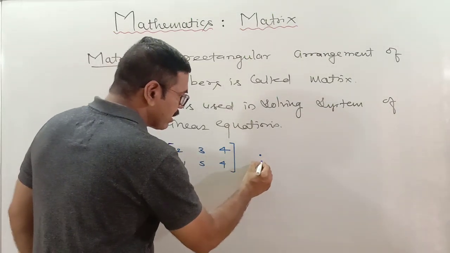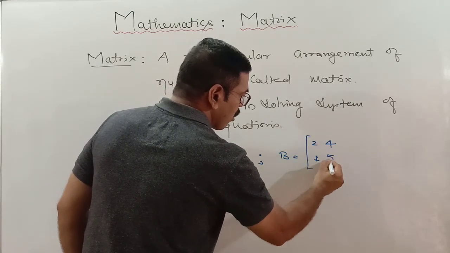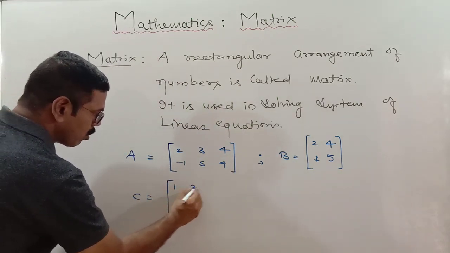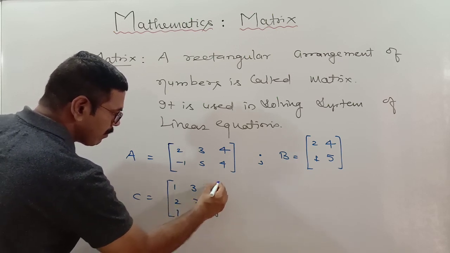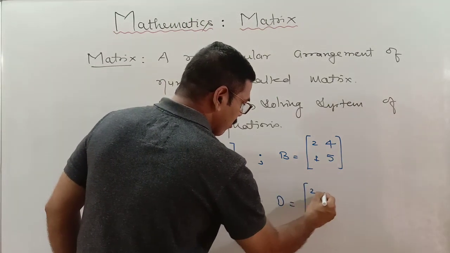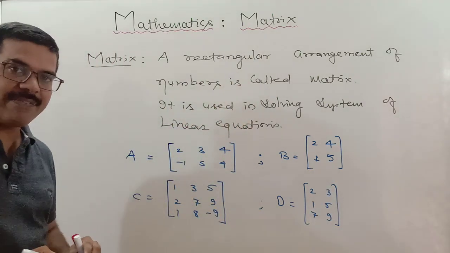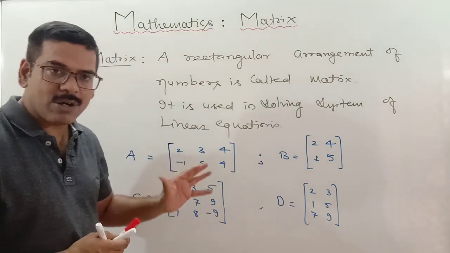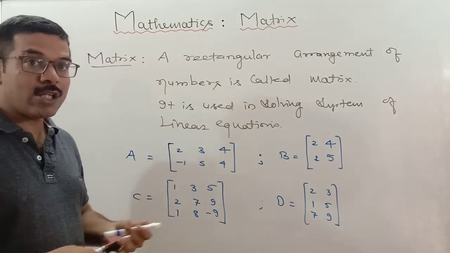Okay, A is this matrix, B is another matrix, see that C is another matrix, okay, D is another matrix, so these are the different matrix. As you can say, see they are having different kind of or different number of elements. So what are they exactly? You can see there are two kind of arrangement.